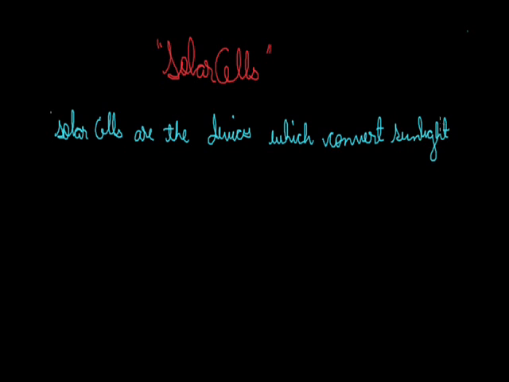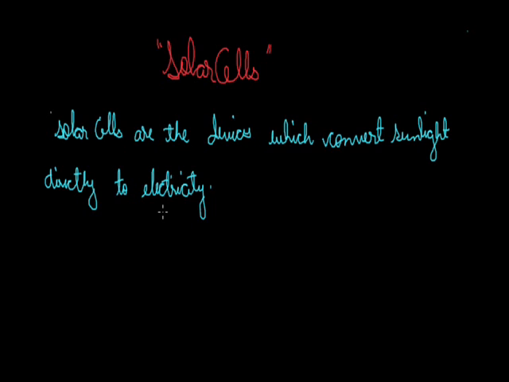Solar cells are devices which convert solar energy directly to electricity. Though they convert sunlight directly to electricity, as we have discussed, sunlight is renewable. This means this device utilizes a renewable source of energy to make electricity. But still it is not a commonly used device because of its cost.